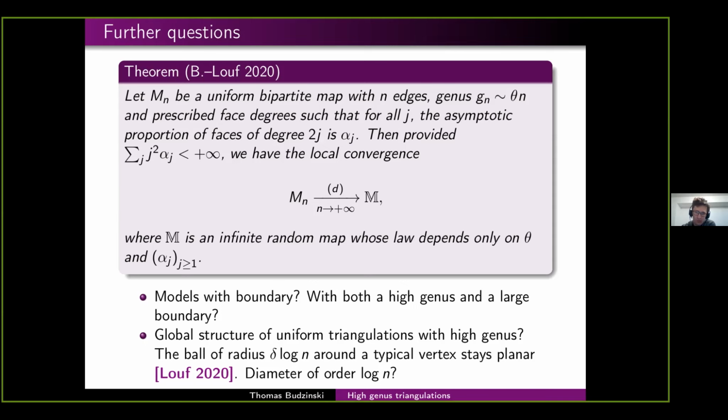So I guess you can expect to get the same thing, with the parameter of the sheet given by the total curvature of the surface. I mean, in a non-orientable map, you can still use the Euler formula and compute the average degree. So I think it's very natural to expect similar results, but I don't know exactly what is available and what would be missing to adapt the arguments.